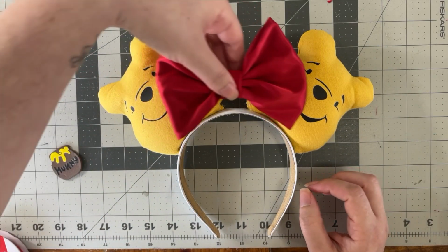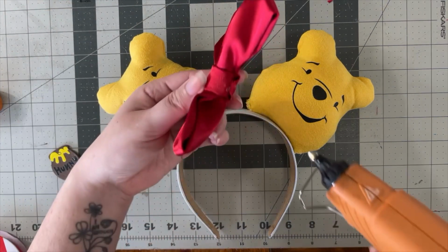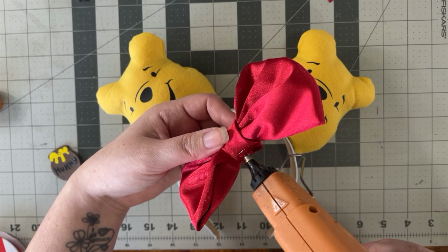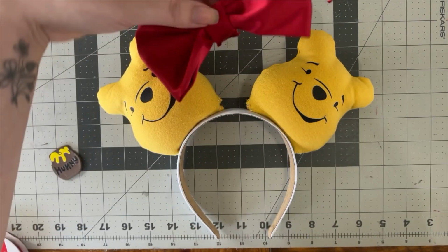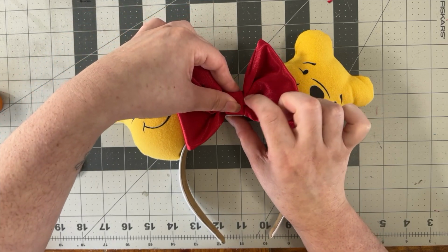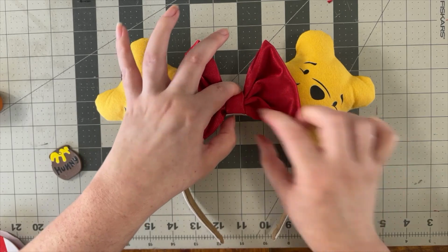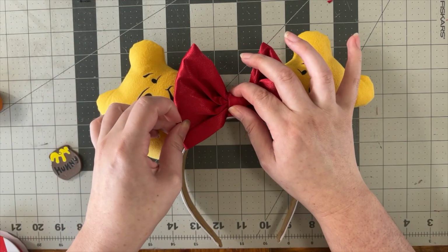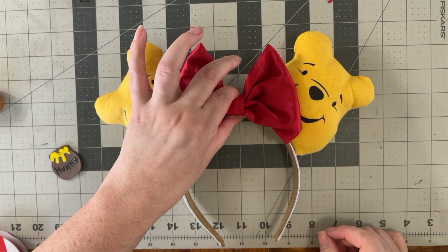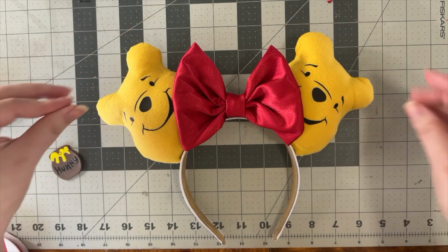For the bow, same thing, you don't want a lot of glue, and how I like to place the bow is I rock it forward a little bit and then place it backward, if that makes sense. That way, if there's any glue seepage, it's pushing it towards the back of the bow rather than the front. Now when we go in with the ribbon, we will wrap the ribbon around the back of the bow, so that will cover any seepage on that side, but you want to prevent it from the front because there's not going to be a ribbon in front